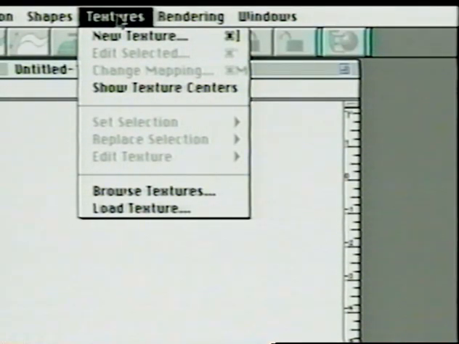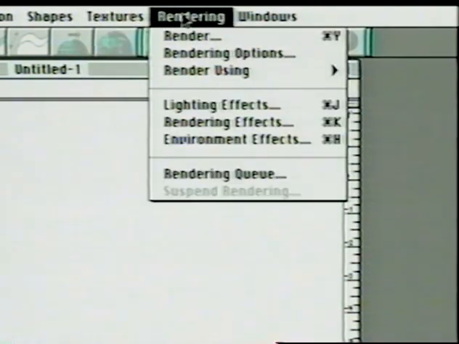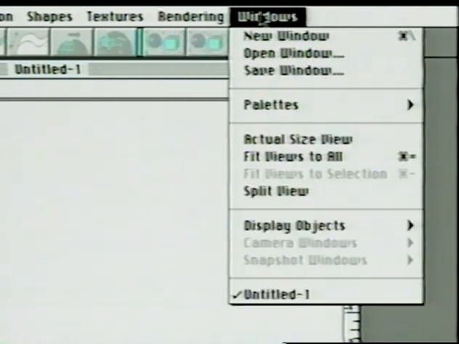And notice that the Textures palette at the bottom of the interface also has a representation of textures. The Rendering menu contains commands for setting up rendering options and rendering effects, as well as environment and lighting. And of course the Windows menu for management of the multiple windows that may be opened while working on a